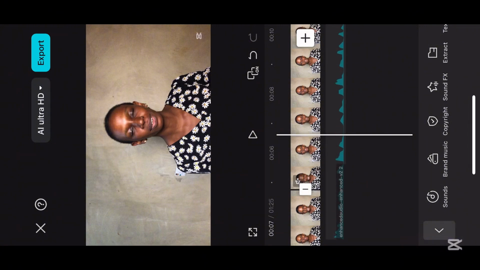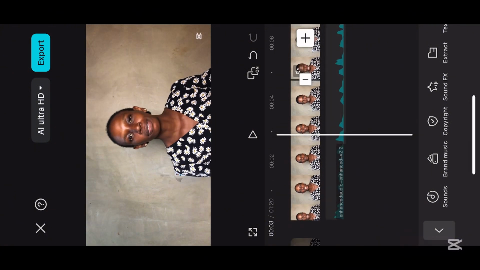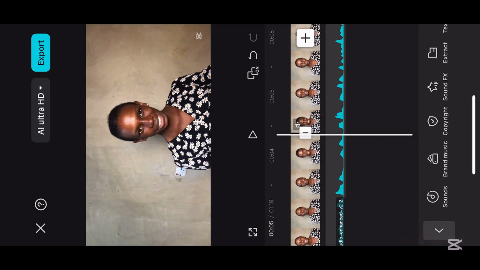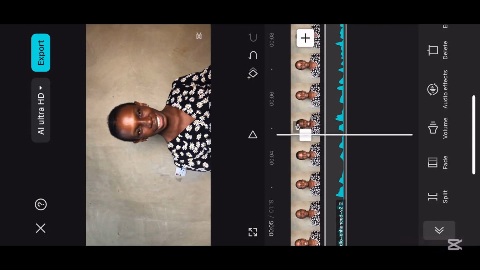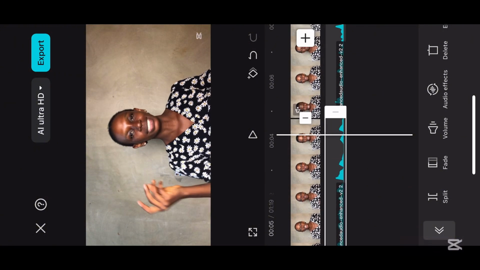Once it's in, then I can now do my editing. So I'm going to highlight the audio and split it where I want the audio to start from. So you can see I'm splitting it. Now I'm going to click on the audio